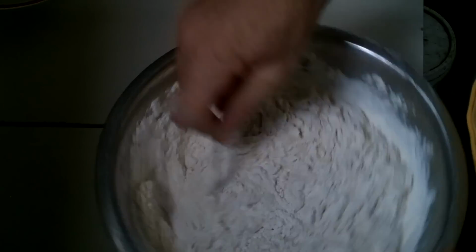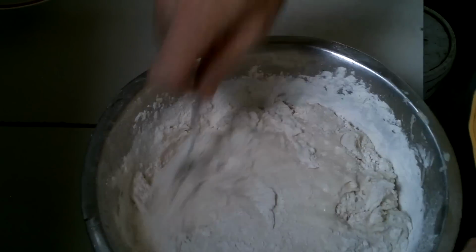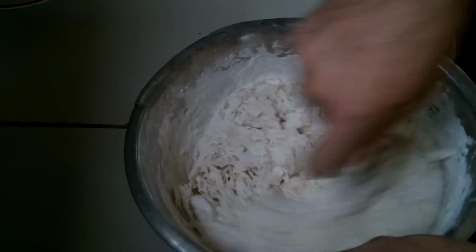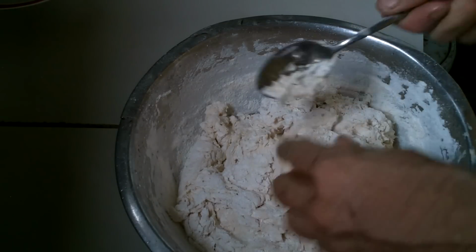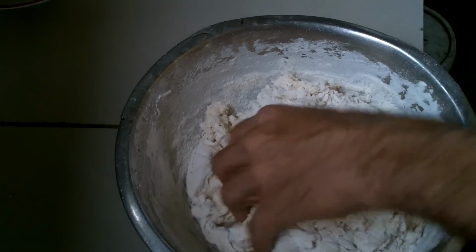I'm trying to speed this up for the camera, but I'm just puffing flour all over the place. All right, let's go fast enough. When it starts getting thick enough, I'll get a hand in there. And whenever I need bread, I only...